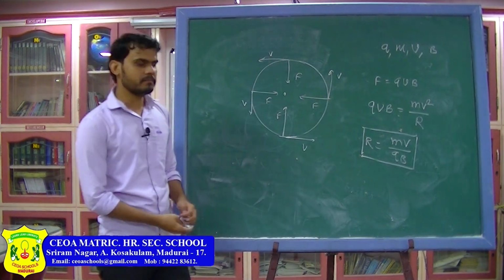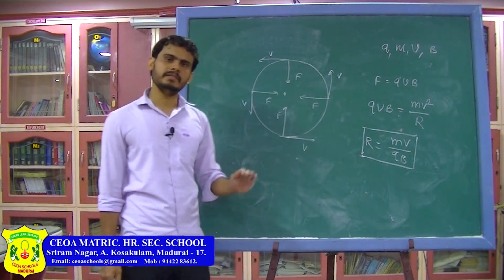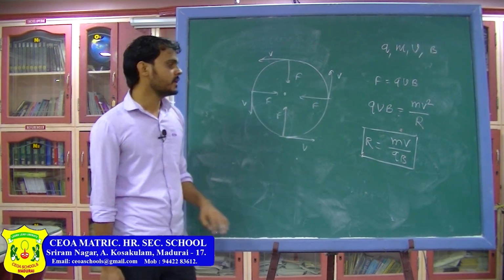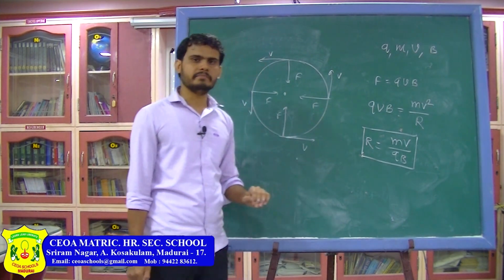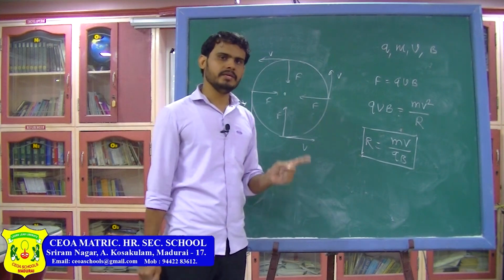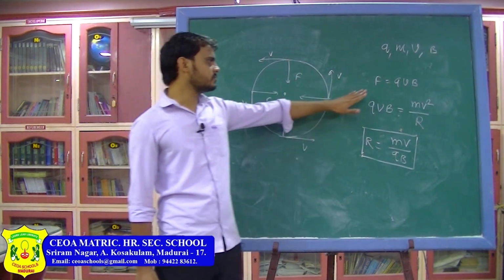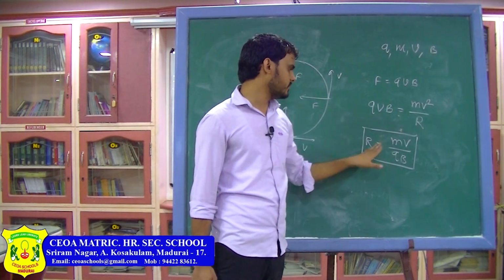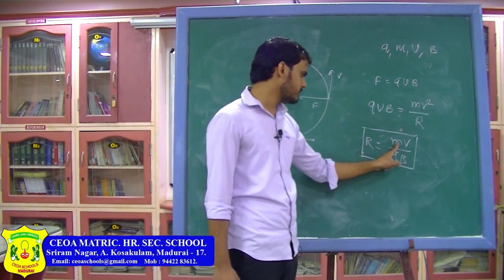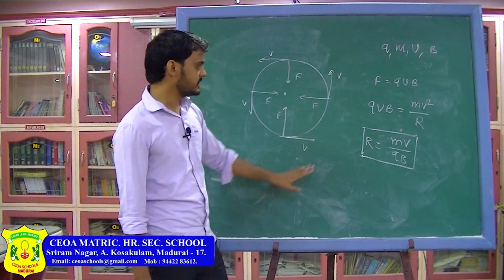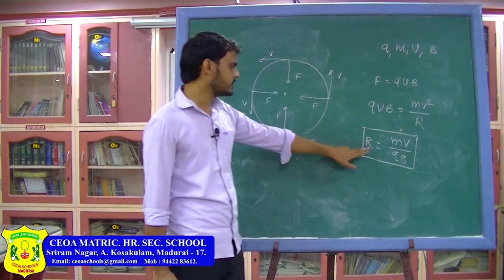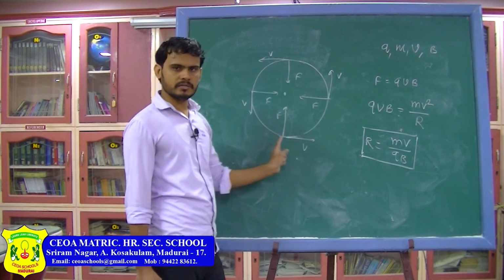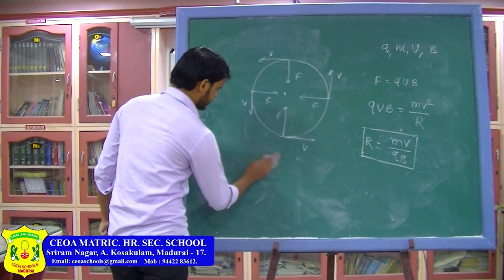One more formula which you have to remember. Again, remember the condition along with the formula. Here the condition is that velocity and magnetic field are perpendicular to each other. If they are perpendicular, the motion of the particle will be uniform circular motion. In uniform circular motion, the force on the particle will be qvB, which will be equal to the centripetal force. From this you can find the radius of that circle. So the radius of the circle will be given by mv divided by qB. So this is the formula for the radius of the circle in which the particle is doing uniform circular motion. Next thing, in uniform circular motion you can write the time period.